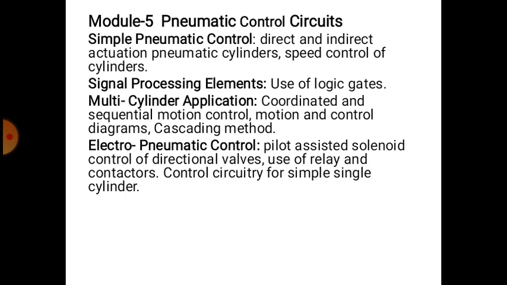In module 5, that is pneumatic control circuits: simple pneumatic control, direct and indirect actuation, pneumatic cylinders, speed control of cylinders, signal processing elements. We are going to use the logic gates AND, OR, NOR, NAND, multi-cylinder applications, coordinated and sequential motion control, motion and control diagrams, cascading methods,